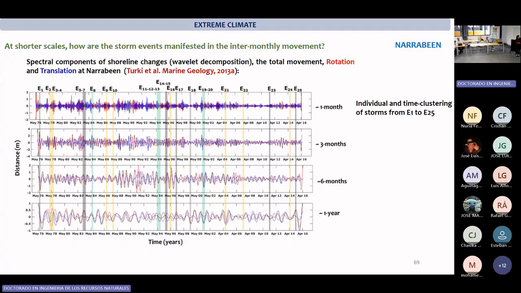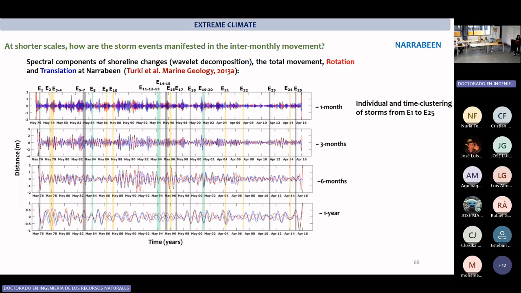So here I will take an example. I have reconstructed all the frequencies: 1 year, 6 months, 3 months, 1 month, and I have reported all the extreme events, formed by color, in Narrabeen. And then we have connected all the variability of the shoreline to the different reported storms,